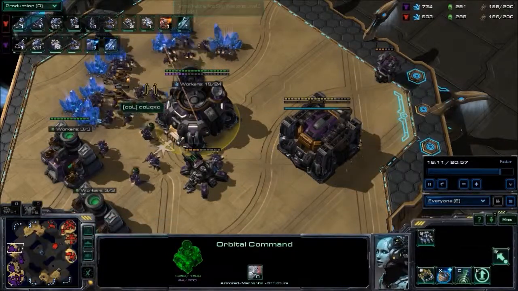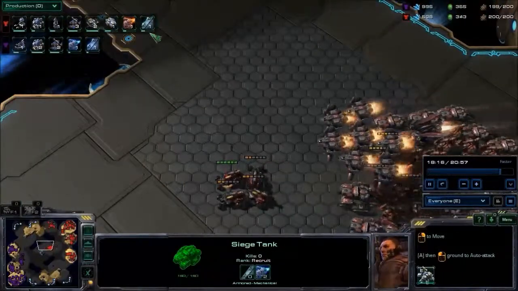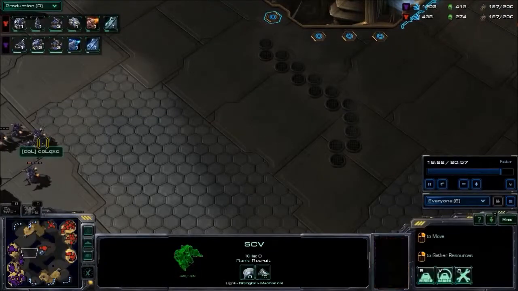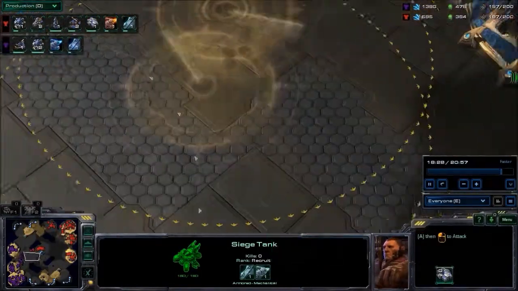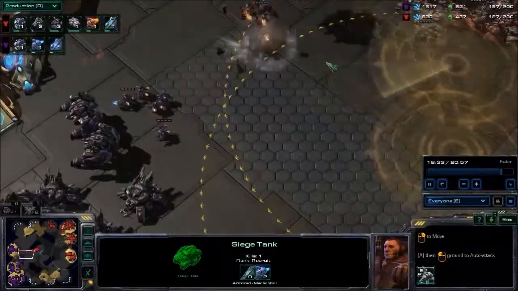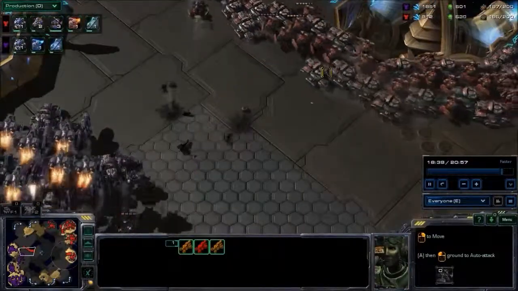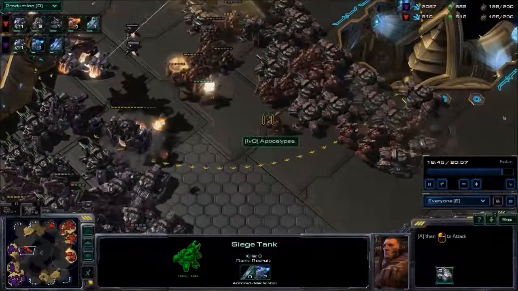We have +3 weapon upgrades being researched by Apocalypse, and also +1 armor upgrades. So Apocalypse does have the upgrade advantage, I believe, because attacks are better than defenses, because attacks do more than armor upgrades. And it looks like 2 Hellions will go down from that Siege Tank blast. Another one is destroyed. Apocalypse is trying to find a good place to get a concave,